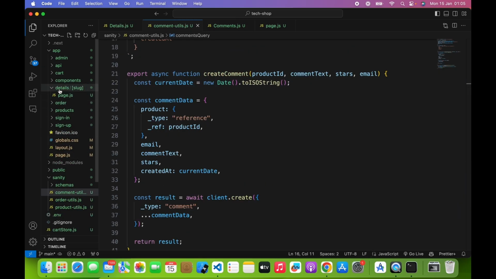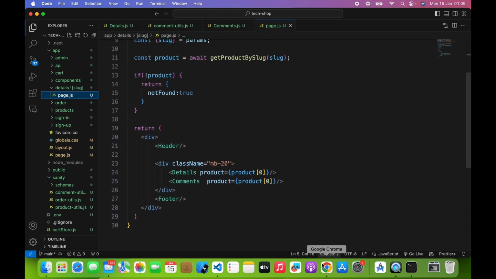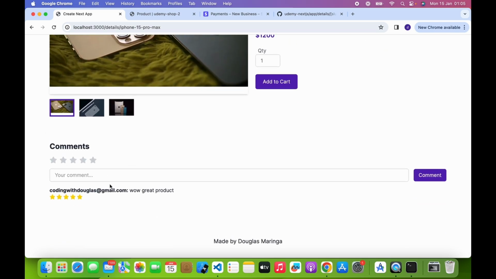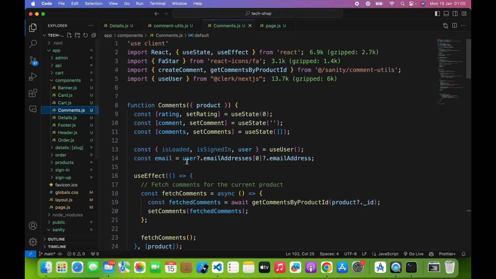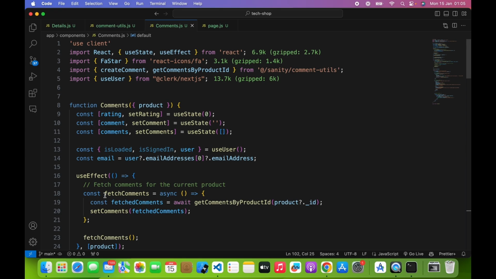Let me go in detail. So here in the details page, we're importing the comment component below the details. So this is the details, then this is the comment, right? So we come into components, where it says comments, and then you can see how the comments are being done. So fetching the comment, we are using a useEffect, and we're fetching using get comments